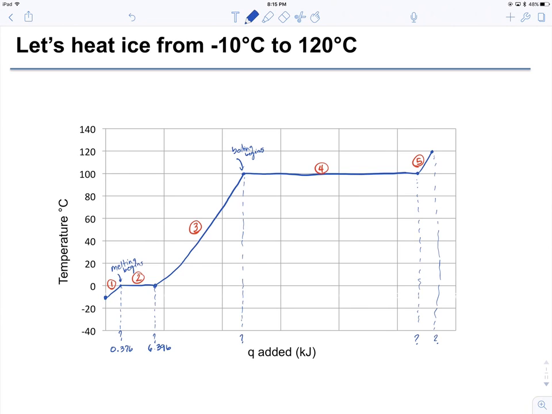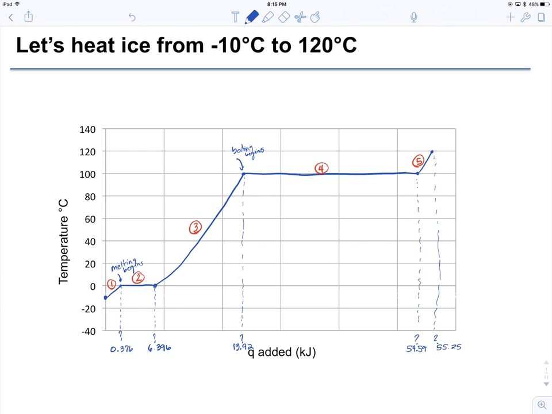Adding on to that the heat of warming gives us 13.92, and the most heat is required here to vaporize, and the reason for that is because there is a much larger difference going from a liquid to a gas in terms of the energy required to break those intermolecular forces compared to solid to liquid. Those phases are much closer in their likeness. And then we end here at 55.25